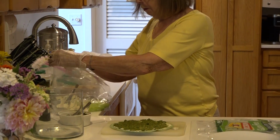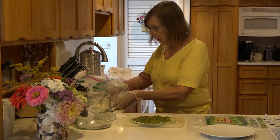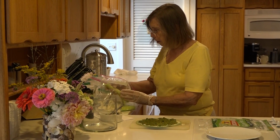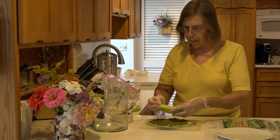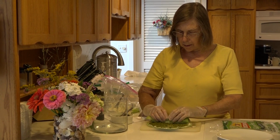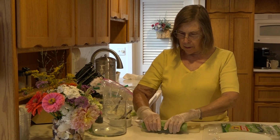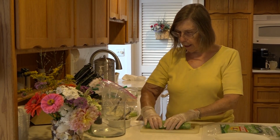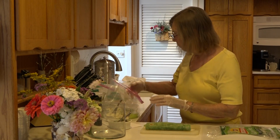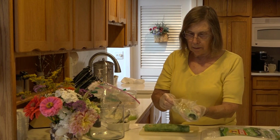Spread that with pesto, and then I'm going to use some of the cucumbers from my garden and add 3 strips of cucumber and roll it up. And then I wrapped one the other day, and I have it here, wrapped in plastic wrap and